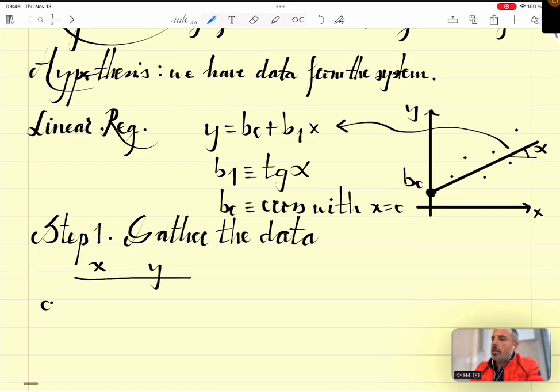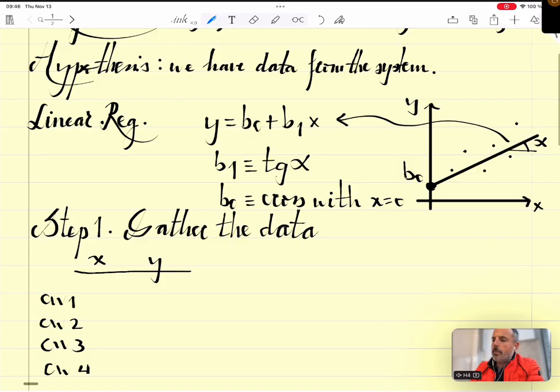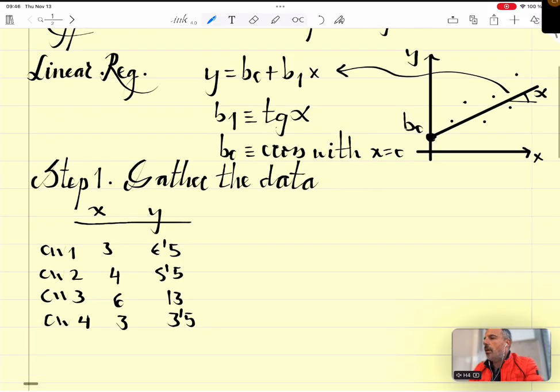Okay, this is calendar week 1, calendar week 2, calendar week 3, and calendar week 4. And then we have 3, 6.5, 4, 8.5, 6, 13, and 3, 3.5. Okay, these are just the coordinates of the points